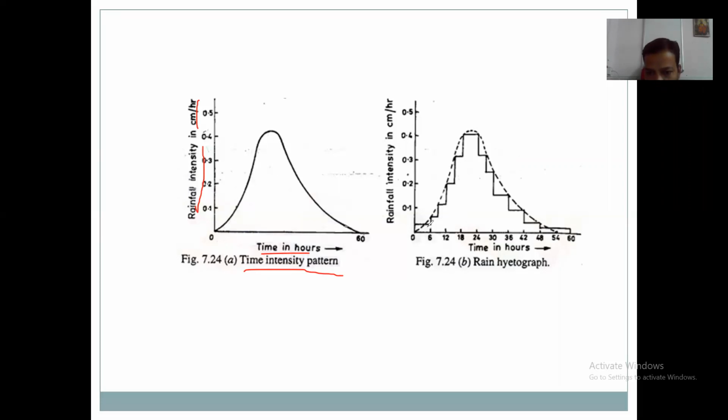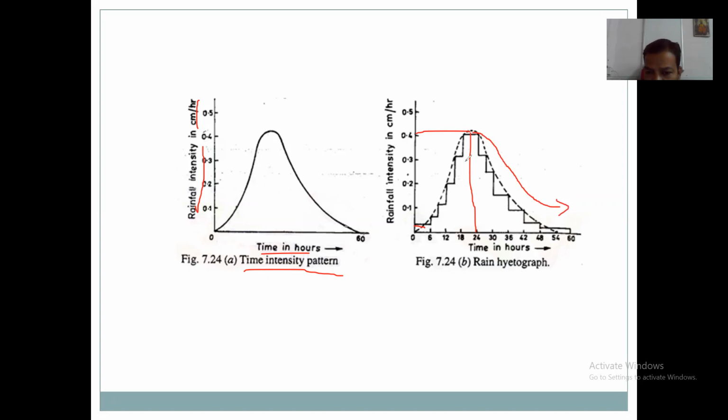Okay. So at different points, the bar chart is drawn below this hyetograph. The maximum is here at 24, in the middle. After 24 hours the maximum rainfall will be 0.4. In the middle it is higher here, and again from here it has decreased. Okay,